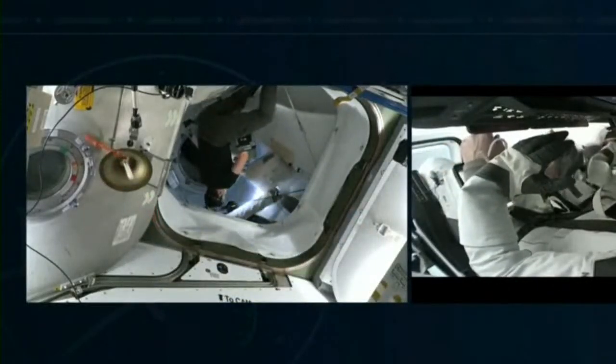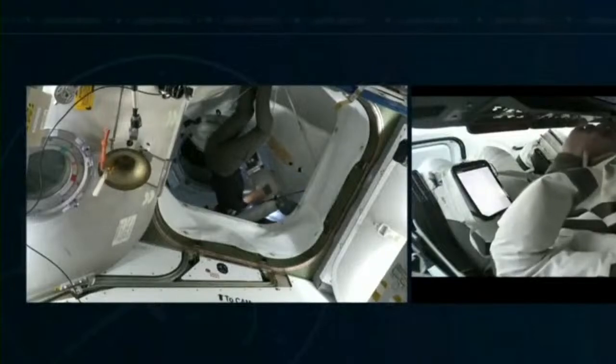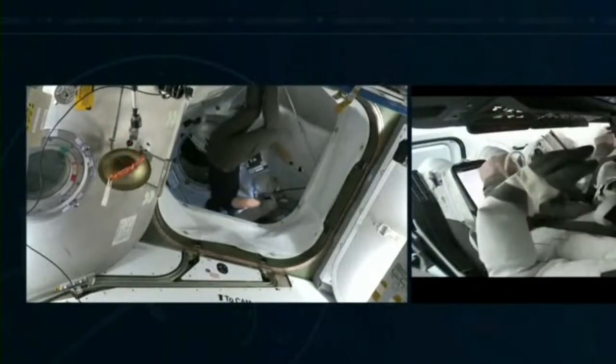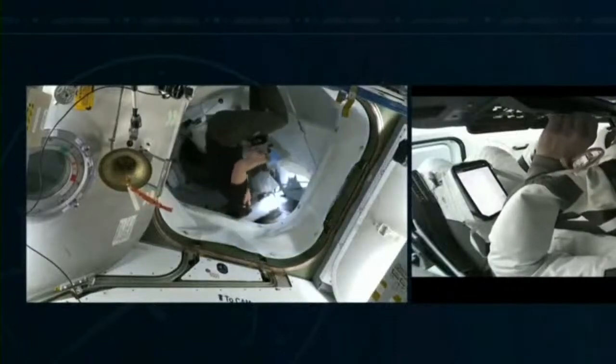You're looking right across Nick Hague, the commander of the Dragon Freedom, the mission director at SpaceX's Mission Control Room in Hawthorne, reporting back to NASA Flight Director Marcos Flores here in Mission Control in Houston, that we're just about ready for suit leak